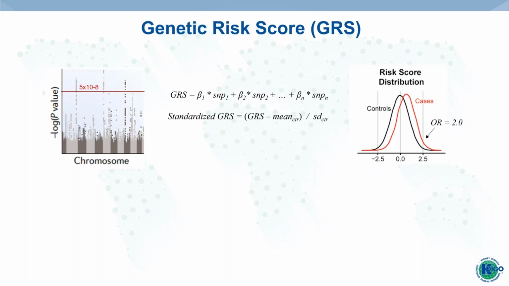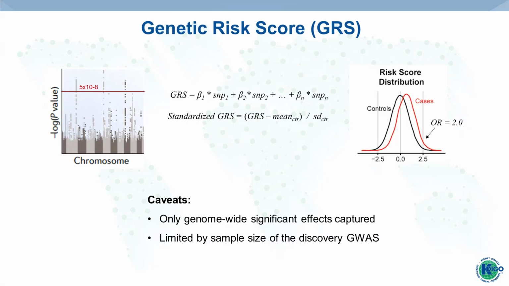So this approach is suitable for modeling some traits, like, for example, membranous nephropathy would be a good example, but it has limitations. And one of the limitations is that you're capturing only genome-wide significant effects using this approach. And the ability to discriminate cases from controls is really very much limited by the sample size of the discovery GWAS. And so is your ability to actually detect and define